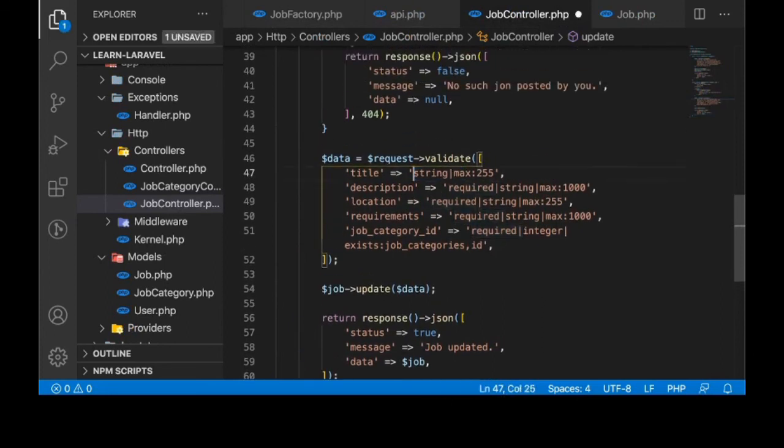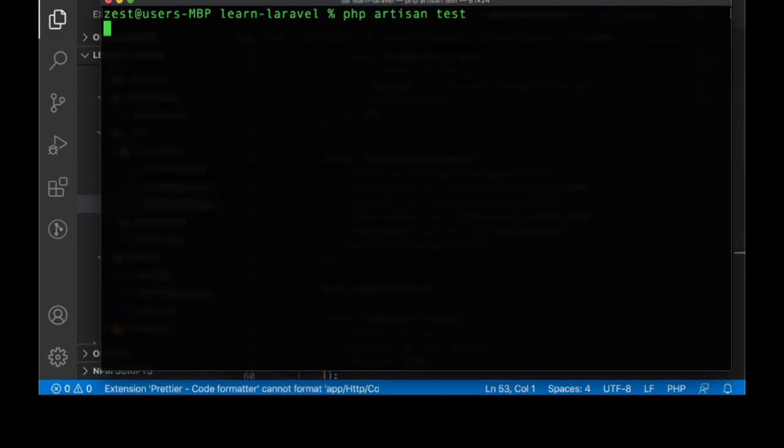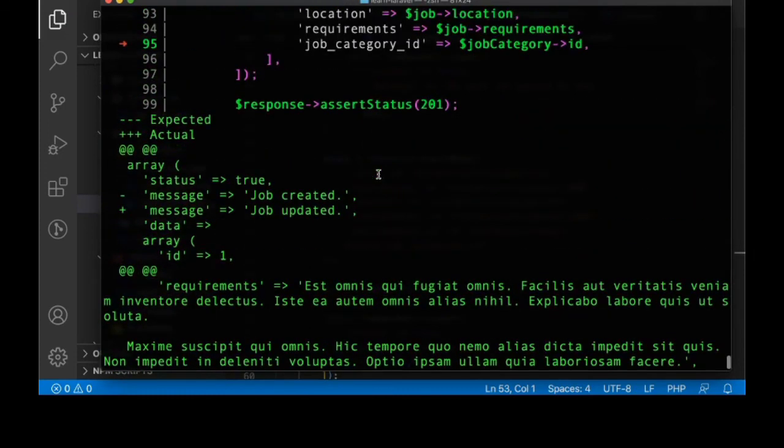We are using the same validation we used for creating a job, but this is supposed to be different because we can decide to update a field or not. So make those nullable. We run this test one more time,